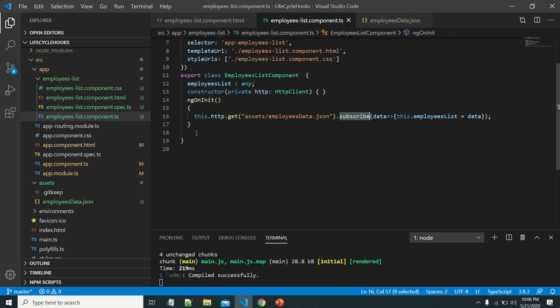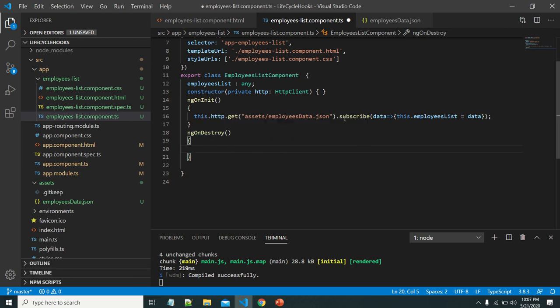Let me add this ngOnDestroy to unsubscribe from these observables. Here we need to write the custom logic that needs to be executed just before Angular destroys this component.